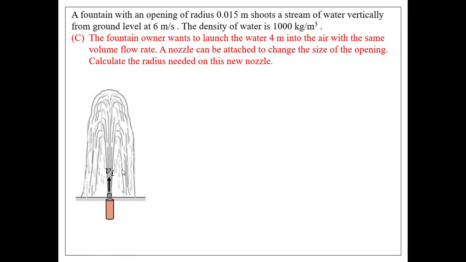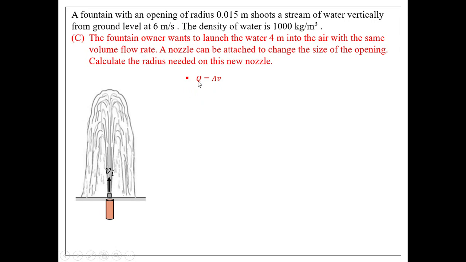So I'm just going to call this VI. I don't know how fast the water is coming out now, right? Because we're adjusting the nozzle. So before it was 6 meters per second. Now I don't know what it is. But what I do know is whatever the speed is, it has to make it all the way up to 4 meters high. Because that's ultimately what the owner wants to do. How fast does this water have to shoot up so that it reaches 4 meters and falls back down? Well, to do that, you go